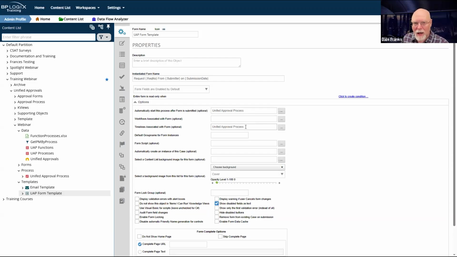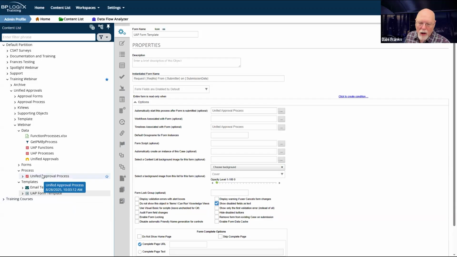So that's going to make my life a little easier on this end, and on the form itself it is going to reduce the necessity for using system variables to do all the things, because at least I am hooked up to the unified approval process on the form side, even though I'm not hooked up at all on the process side.